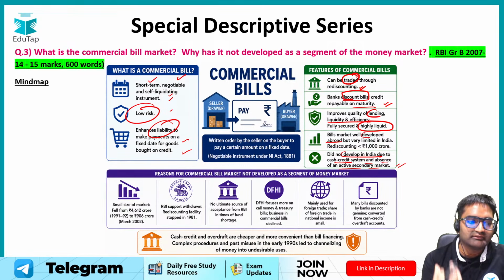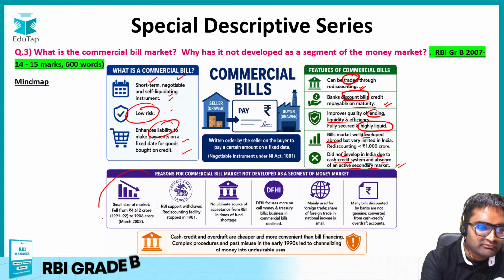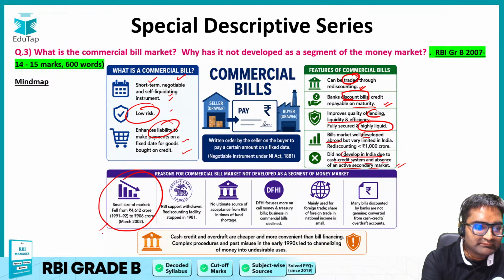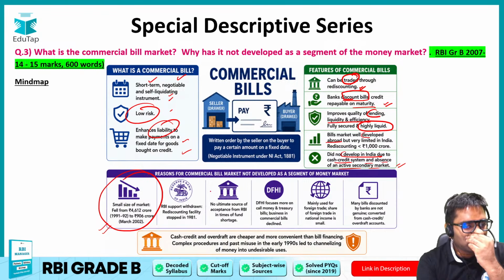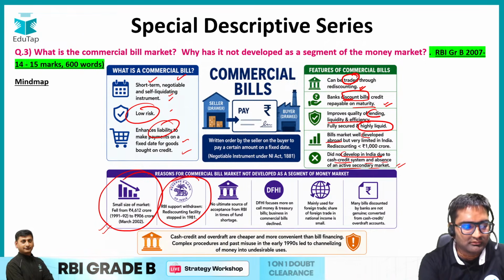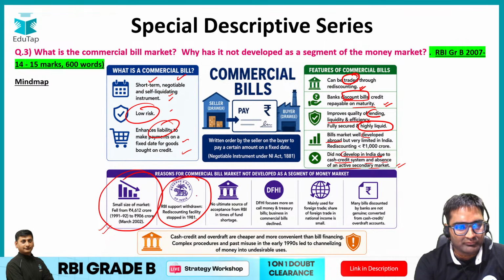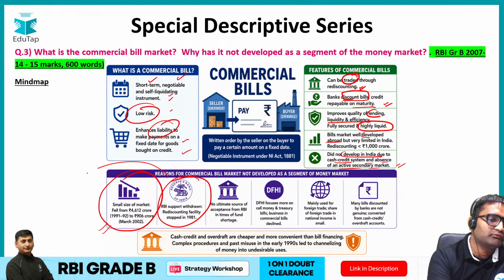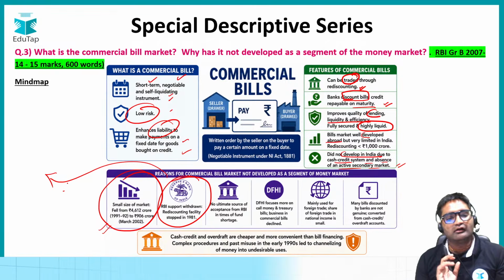Now talking about why this has not become part of the money market. The size of the market is small. You can mention the size if you have data on that; otherwise, you can just mention that it is small. RBI's support is limited to this particular market because, of course, you must be knowing about which particular rate